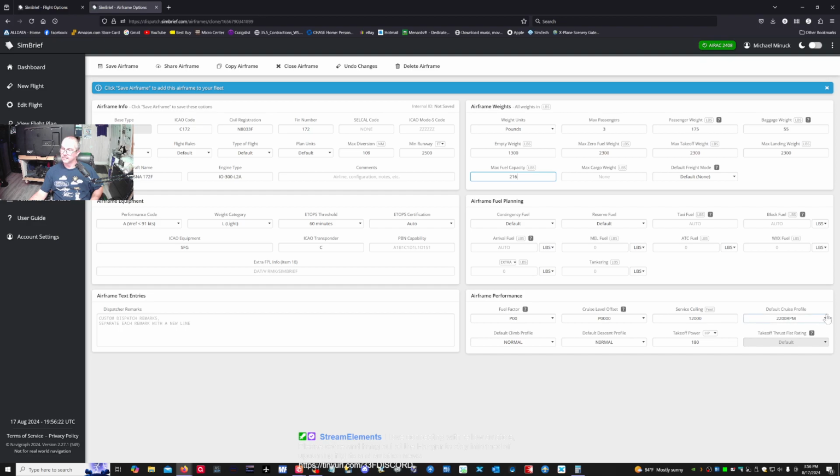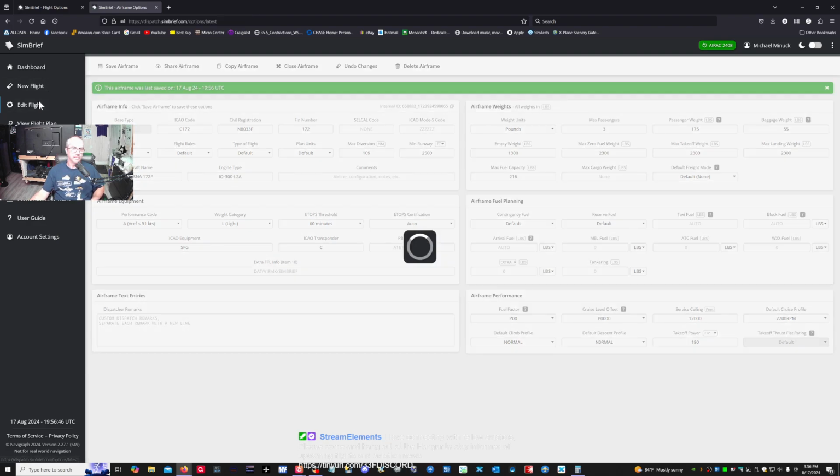Service ceiling default cruise is about 2200, so that's right. Okay. Alright. Okay, I think the airframe information has been updated. So let's go ahead and save that. Okay, this airframe was saved. So now if I go back here,